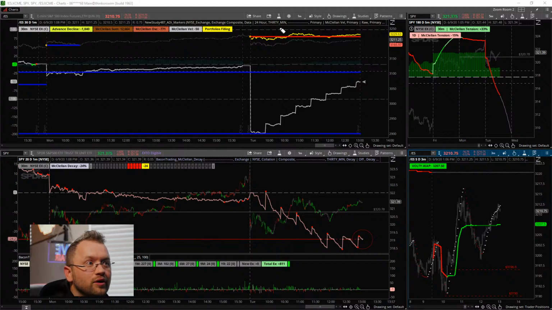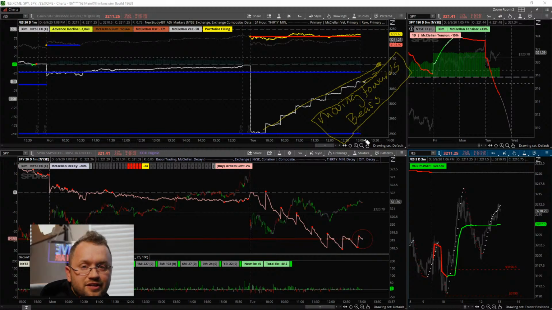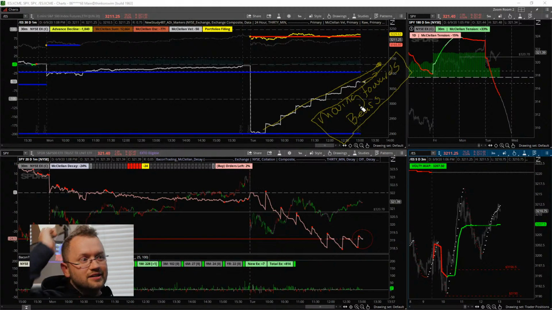Well, at some point, we need to sample the bears. At some point, it's got to happen. So you can see that this continues to move towards the bears. And this is a philosophy you really have to hammer into your head. This is getting closer to bears. Or in other words, it's moving towards bears.